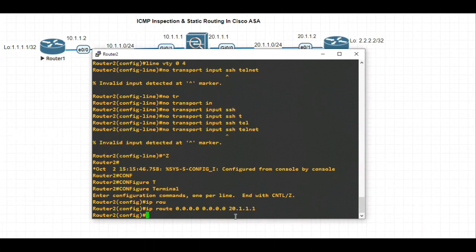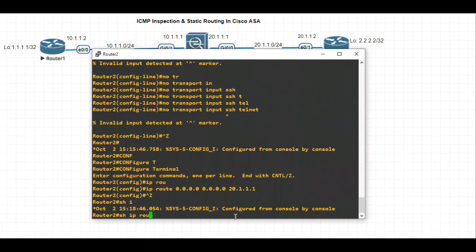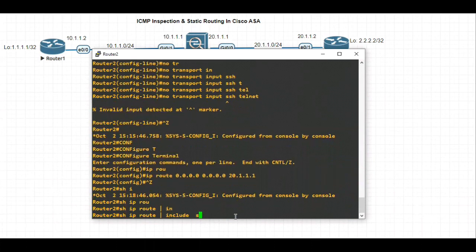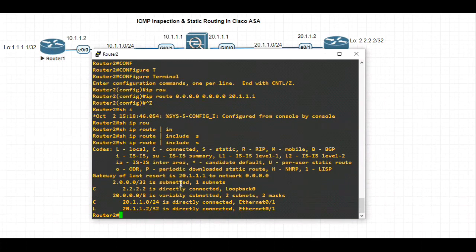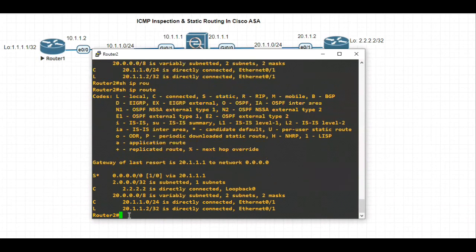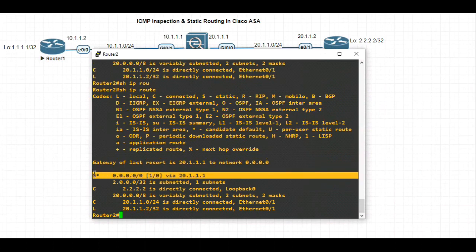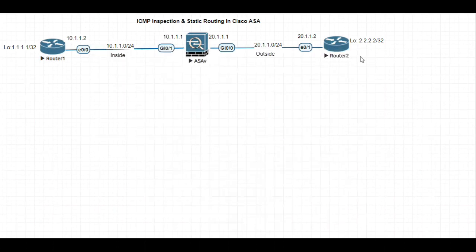Let's verify. Show IP route | include static. Okay, it's not configured. Let's check why. It took a while, I guess. So this is what you can see. Okay, so we have configured the default static route on router 2 towards the ASA firewall from the outside.